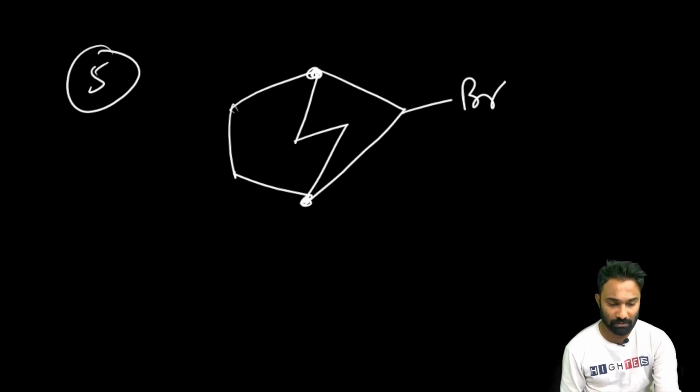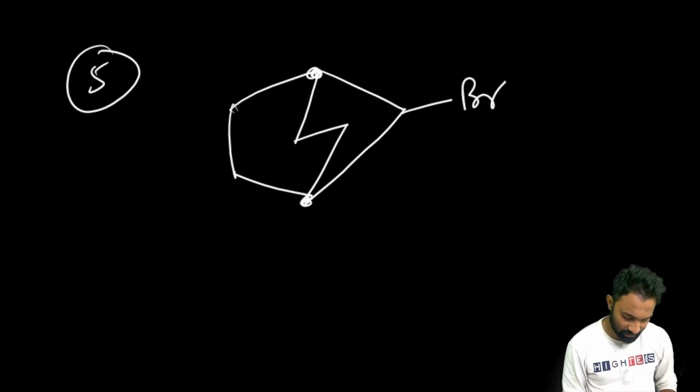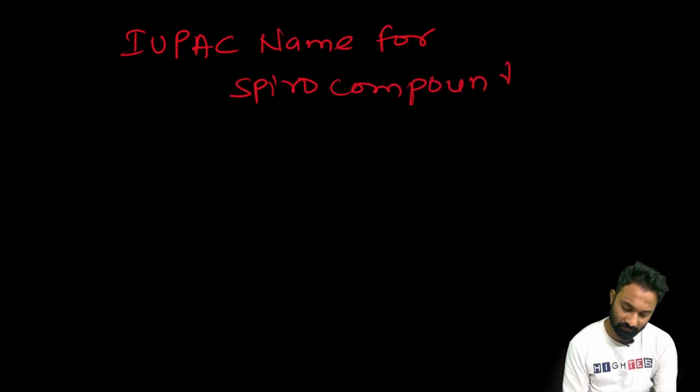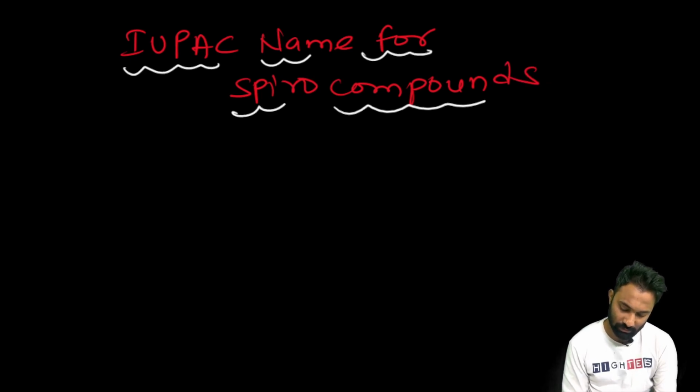Next one we are going to see is Spiro compounds. Clear? Now Spiro compounds. How to write the IUPAC name for the Spiro compounds? Now what is the meaning of the Spiro compounds? What is the meaning of the Spiro compounds? Now Spiro compounds is nothing but when